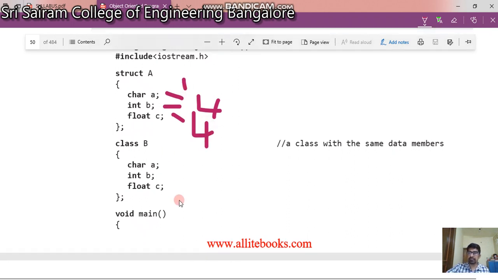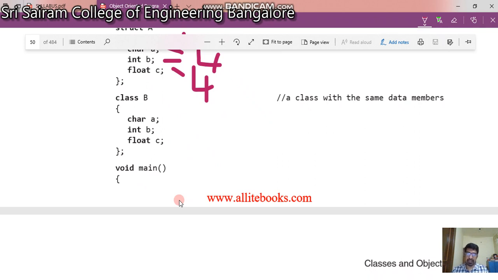And we have a class called b, which again has the same variables as the structure. So this takes 1, this takes 4, and float c again takes 4. Normally, how much is it? This is going to be 9, and this is again going to be 9.